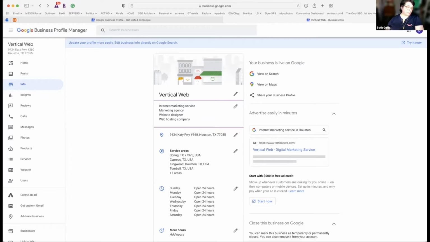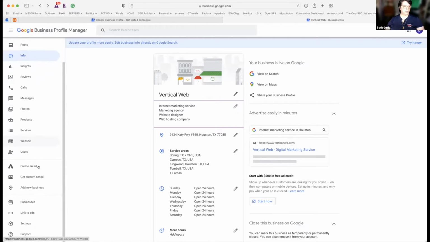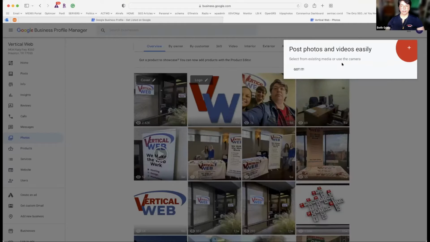Well, my plan B would be to put my house address on the internet. If my back was up against the wall and that was the only way I could do it, that's what I would do. Because they're not disqualifying you for using your house. What they want is, okay, so they have actually gone as far as saying that on your photos, all right.